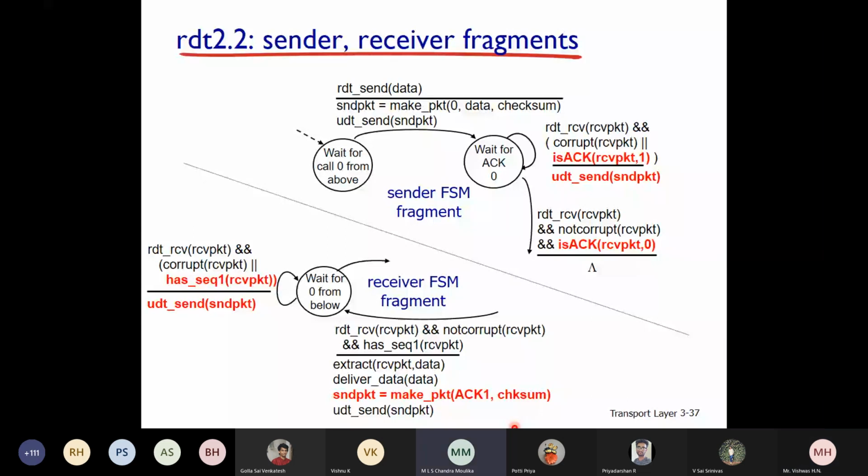But the thing being done is the same, no, sir? It is the same, but you are reducing the burden there. Instead of burdening the protocol with a different new type of packet called negative acknowledgement, you are just using a positive acknowledgement only, but with a minor change, with a sequence number. That's all.